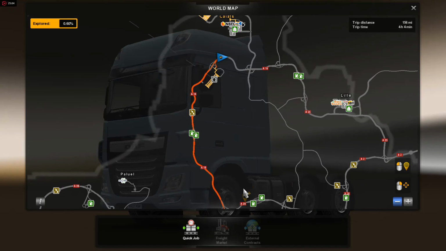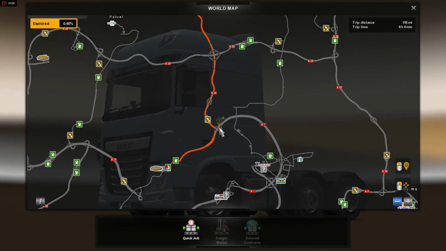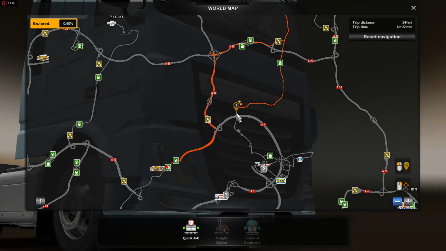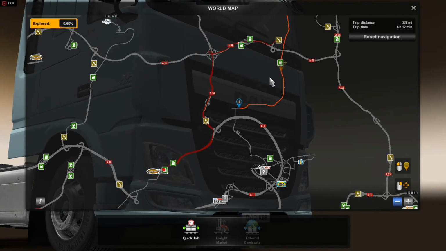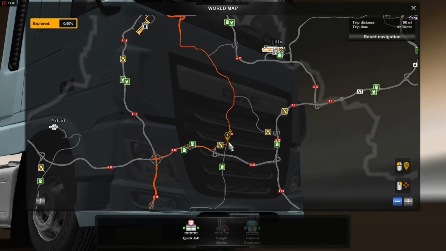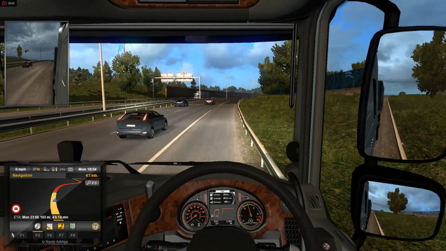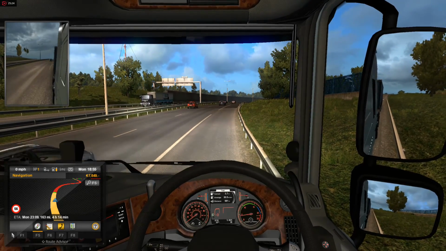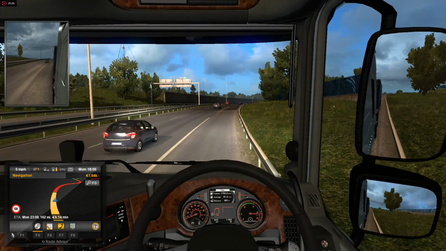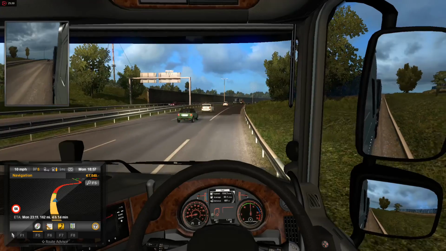Alright, so how can we correct this? We go down to here. Now if we go down to here, then we can cross, and it's going to be a bit, probably adding about 40 kilometers on, but it's really the only way. That's completely my fault for going the wrong way, but...